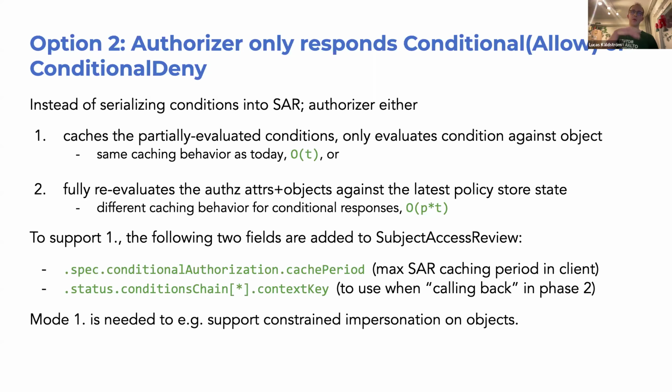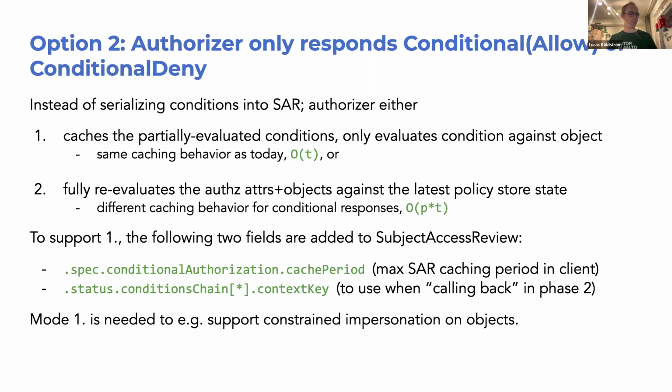Like the authorizer gets a callback, and there's no in-process evaluation. It always happens somewhere in the authorizer. It can do the same OT thing. And then what Mo wanted was to have also an easier mode with full reevaluation for those that want that. Then it applies to the latest policy store, but for most cases, I think that would be fine, even though it's slightly different from what Cube does today. I don't think people are going to notice.